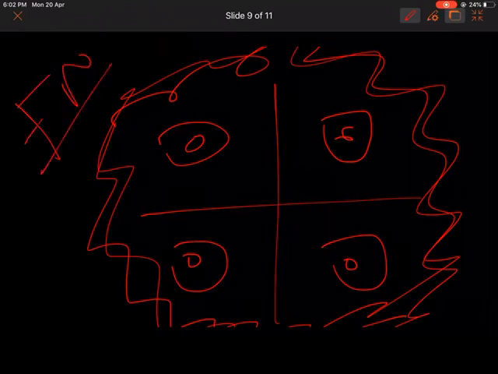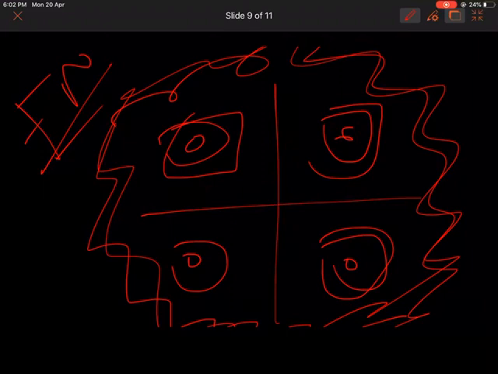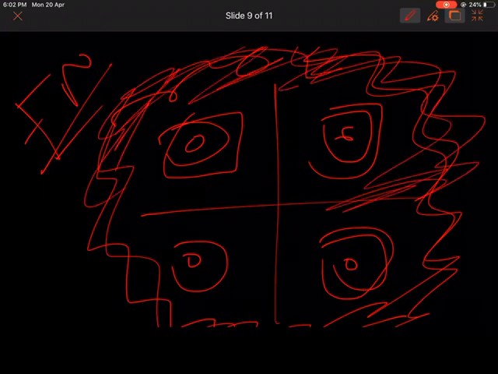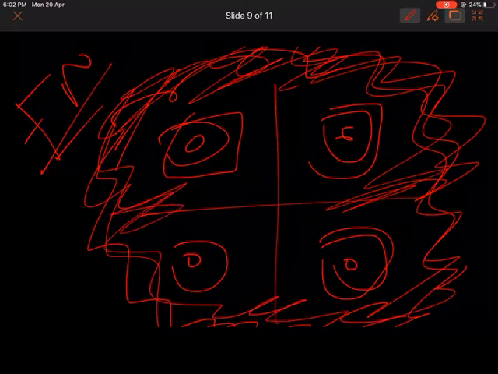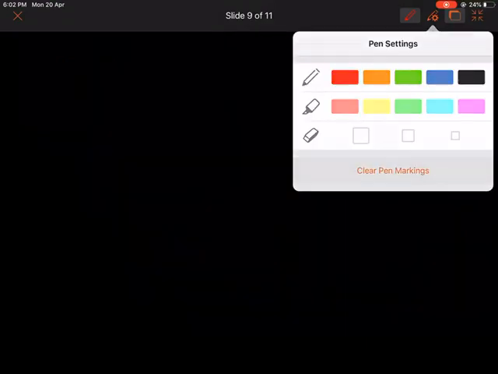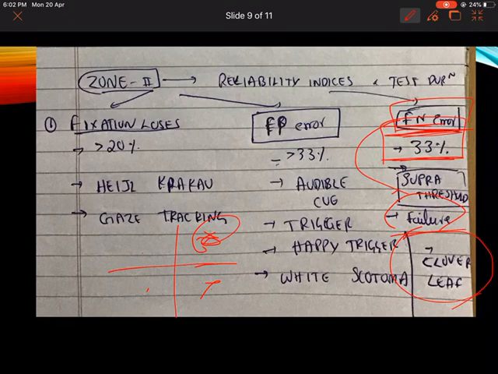In high false negative patients, when the test goes on for a very long time, the patients become inattentive. These areas will be shown in a whitish color, and this area will be shown in a darkish color. So it will appear like a clover leaf. I don't have a picture of a clover leaf, try to see the clover leaf. So that area will be shown as a clover leaf. Now it is seen in high false negative areas.